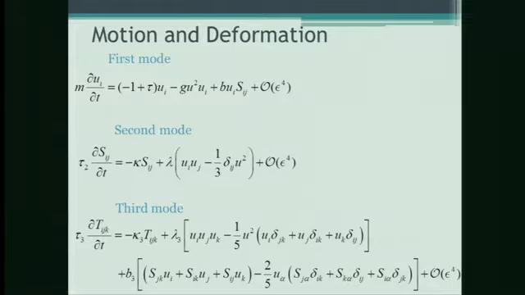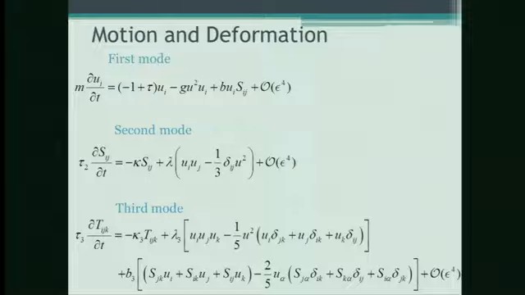Here I denote m, but this m is not the mass of the droplet because this system is very small. This is a kind of effective mass obtained by expanding the concentration field. There are many parameters, but all of them are described by the parameters that we have in the original equations. So we have a linear term, we have a cubic term,